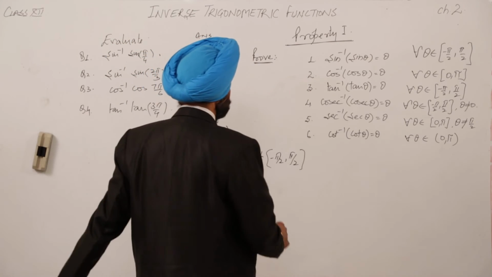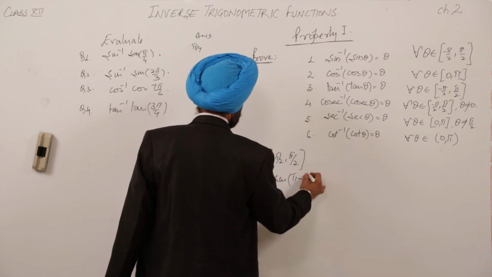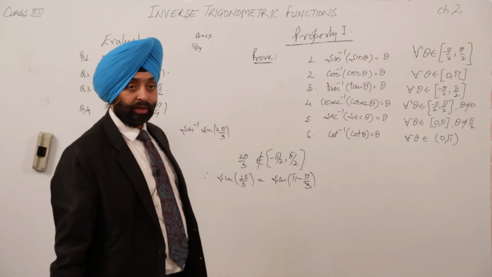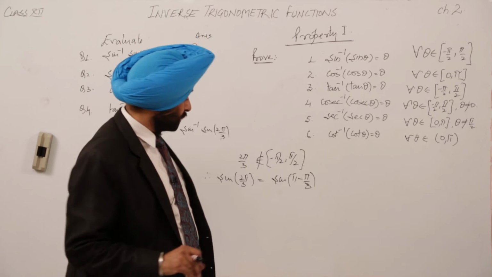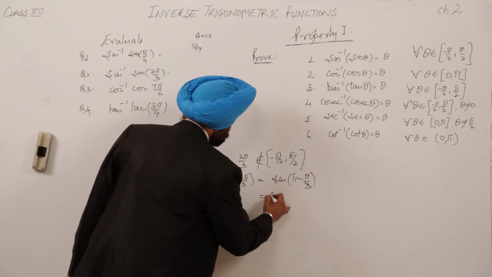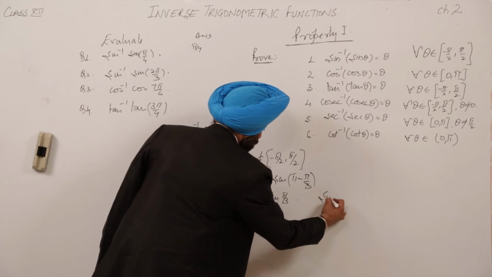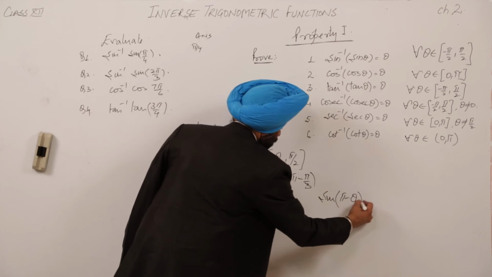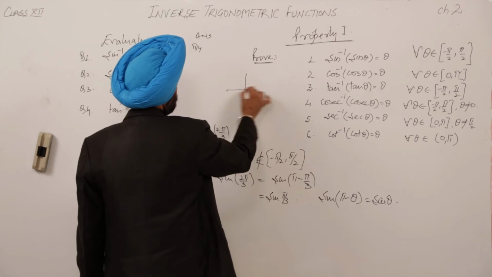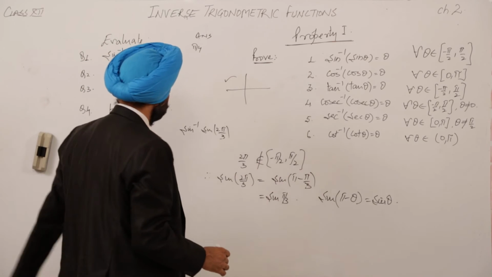Okay, can we convert it? Yeah, of course we can. Sine of pi minus pi by 3. Now when you take the LCM for this part, pi minus pi by 3, what is left? 2 pi by 3. Now sine of pi minus pi by 3 is sine pi by 3. You can write sine of pi minus theta is equal to sine theta. Pi minus theta falls in the second quadrant, so we have sine pi by 3.